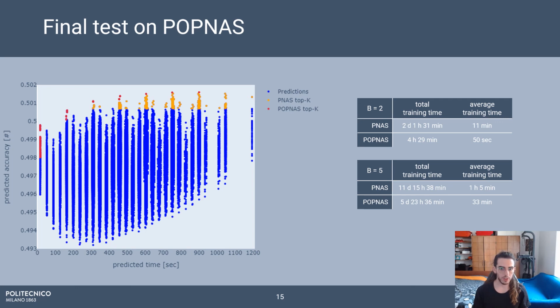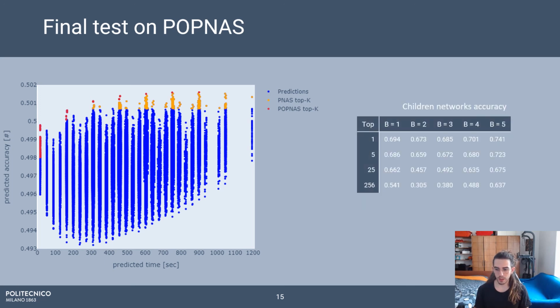In orange, you can see the PNAS top K selections, while in red, you can see the POPNAS ones. Regarding instead the children network accuracies, the best performances are reached with b equal to 5. And so now we can go to the final comparison.